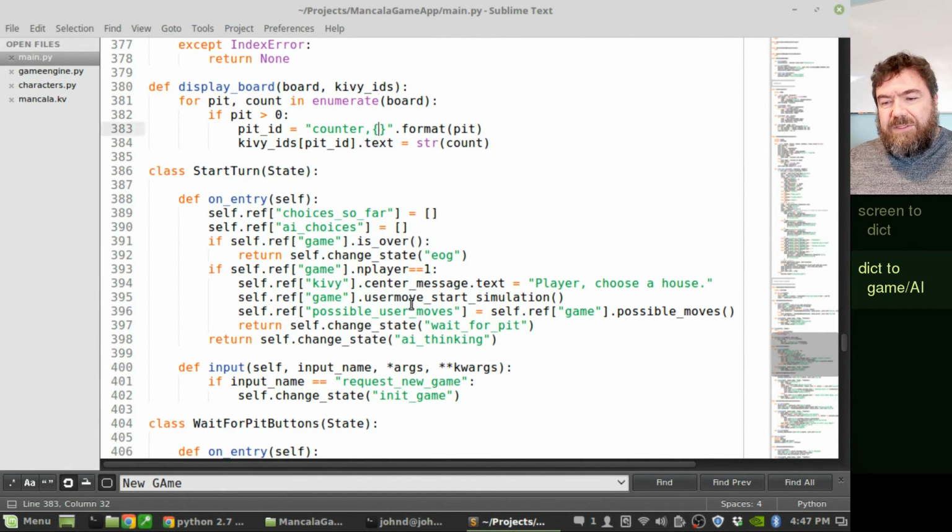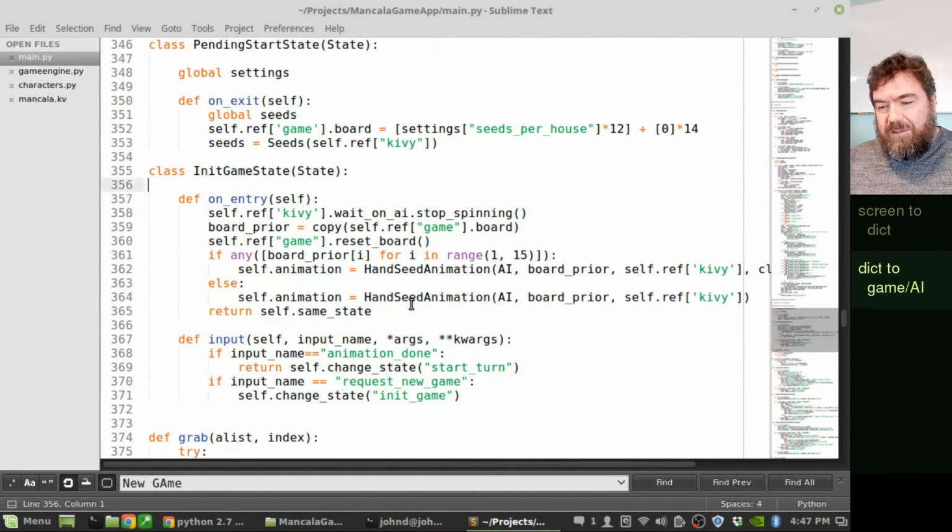I did add a little bit to init game to where I check to see if there's any board, if there are any seeds already out. Is the board empty, or are there seeds in there? If there are seeds in there, then you want to clean the board out first and then drop new seeds because you're restarting. So the AI hand